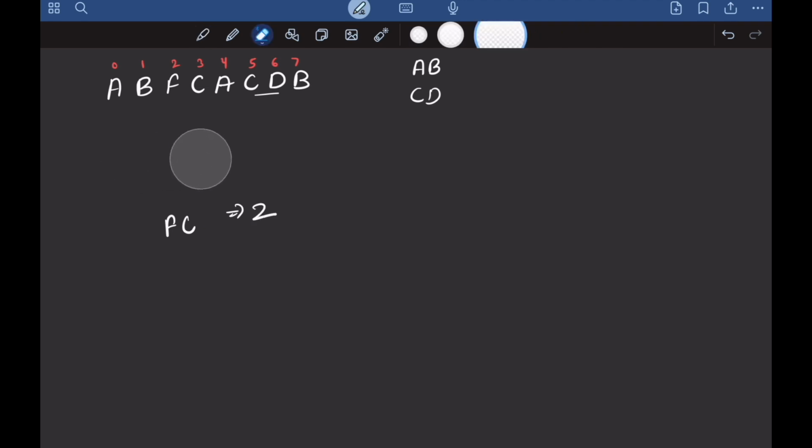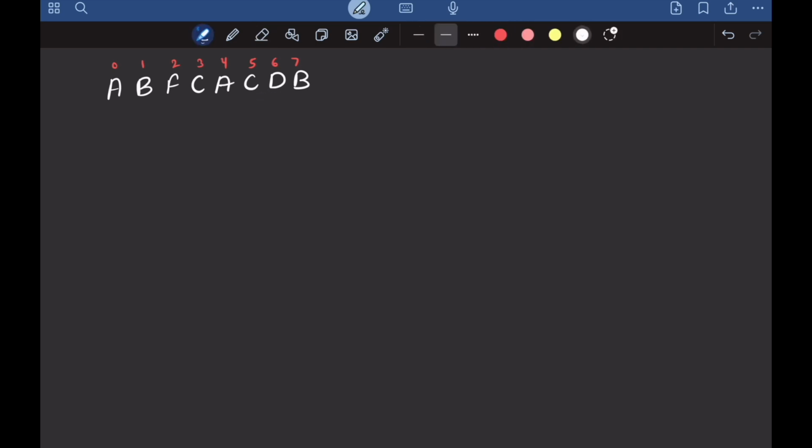So now, how are we going to approach this? If I am at a character D, let's suppose I am at this character. To check if this is forming a pair like AB or CD, I will have to compare this current character with the last character that I have just accessed in my string.